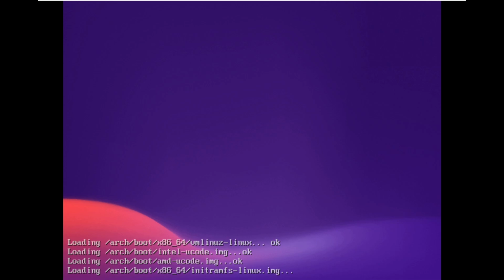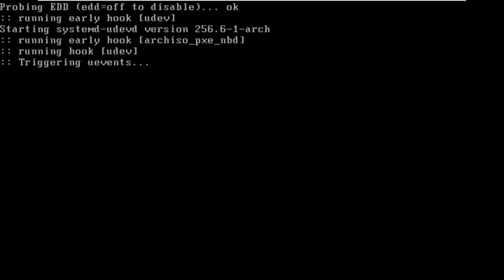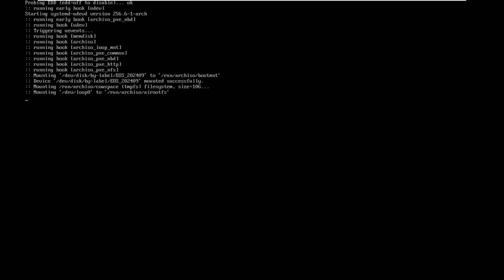EndeavourOS is a rolling release Linux distribution which is based on Arch Linux, and the country of origin of EndeavourOS is Netherlands. The desktop environments you get are Budgie, Cinnamon, GNOME, i3, KDE Plasma, LXQt, MATE and XFCE. You get all these desktop environments in the online installer, and the default will be the XFCE